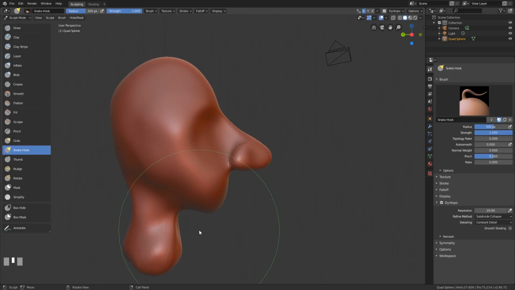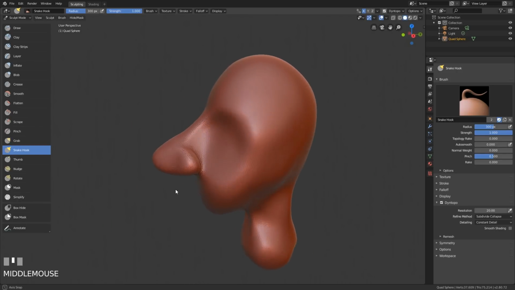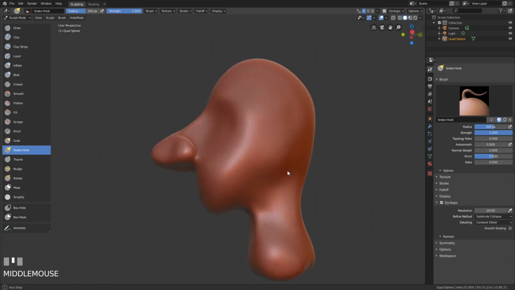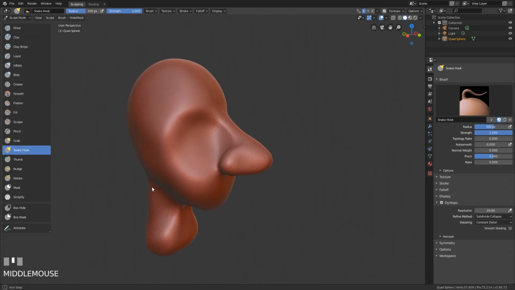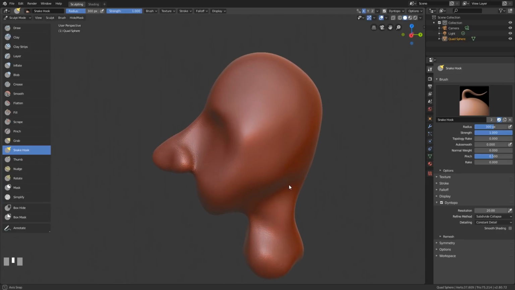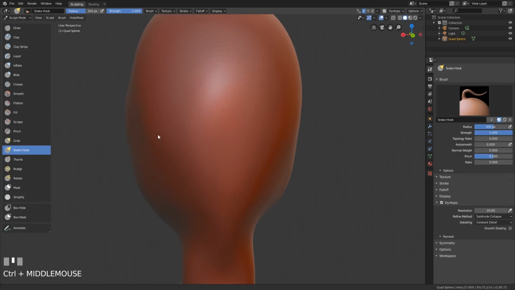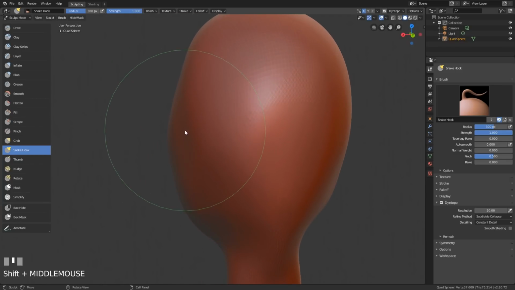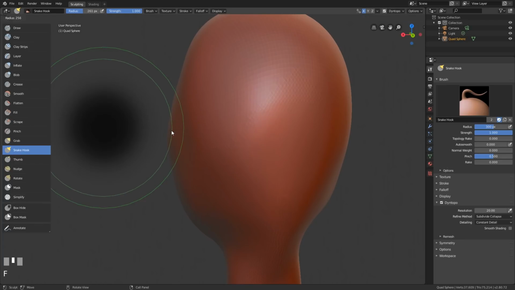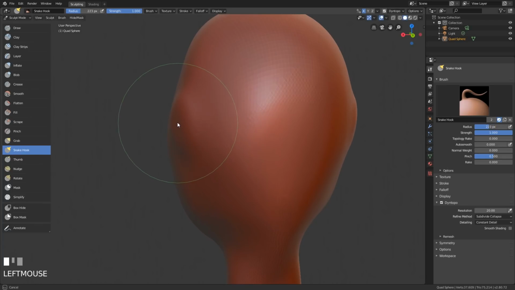We do need to bring our neck forward a bit more, but I'm going to bring the chin down a bit as well in a second. So you keep moving around your object, making sure you're happy with how it looks. We'll put some ears in now. Now ears are a little bit tougher, more awkward to do with the snake hook tool, but we'll give it a go. Bring my brush down a bit and just bring